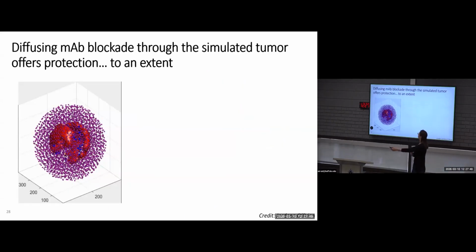So this is a slightly different visualization of our same simulation. Here we're explicitly showing the diffusion of our monoclonal antibodies. The previous simulation was just looking at the tumor immune dynamics. In this visualization, we have our red diffusion cloud representing therapeutic antibody diffusing out of a blood vessel. Again, our sphere is our solid tumor. Our T cells are milling about towards the core of our solid tumor.